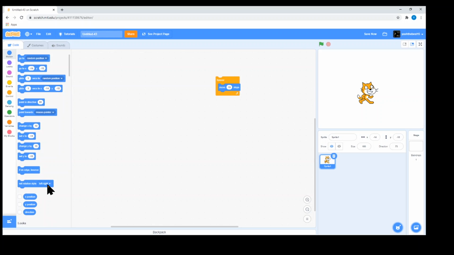The next blocks are X position, Y position, and then direction. Now for X position, you can check these and it will tell you all of your X position and so on. So yeah, that was a tutorial on how to